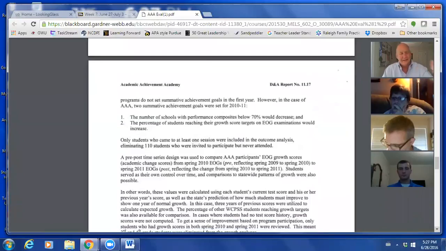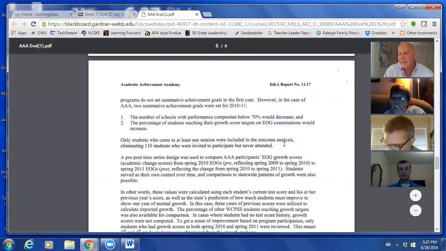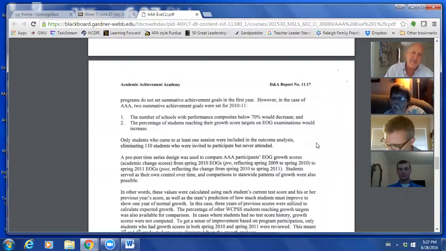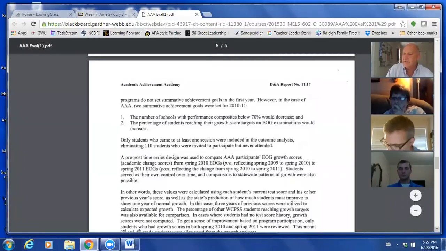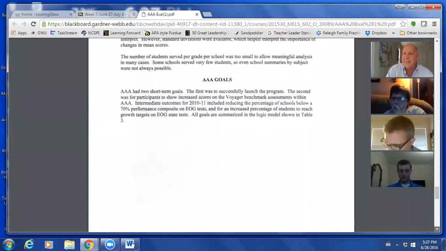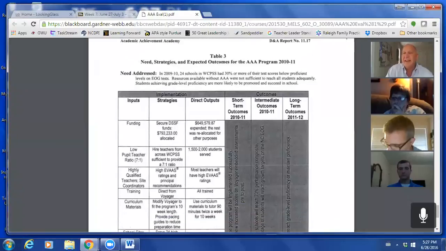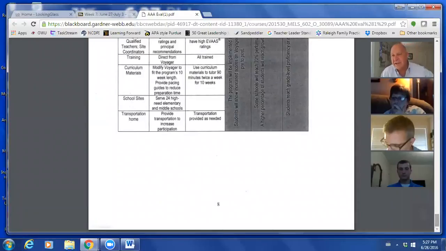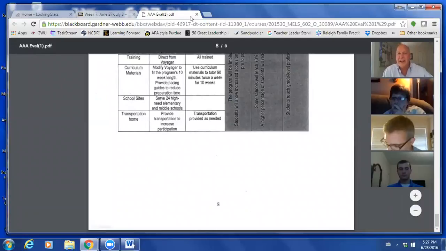Whereas I hope that you're reading the books and gleaning something that will be helpful to you in your leadership, this is the kind of real practical consumer approach to research that I tried to apply as a principal and that I think you'll need. I see that many of you are aspiring assistant principals or principals. So reading enough research and understanding it well enough that you can make good decisions in school about the programs that you want to keep or get rid of. Anyway, take a look at this 8-page report, and then I think I asked you to do a